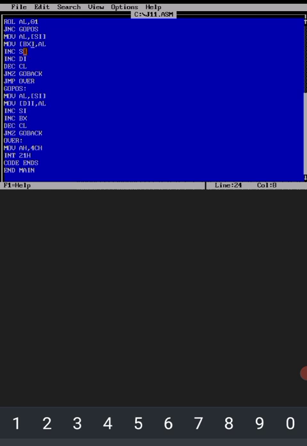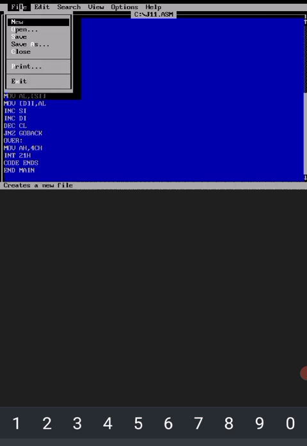Then increment SI, increment BX, and increment DI. This process continues till the count becomes 0. After the count becomes 0, it jumps to the end of the program: move AH, 4CH, INT 21H.